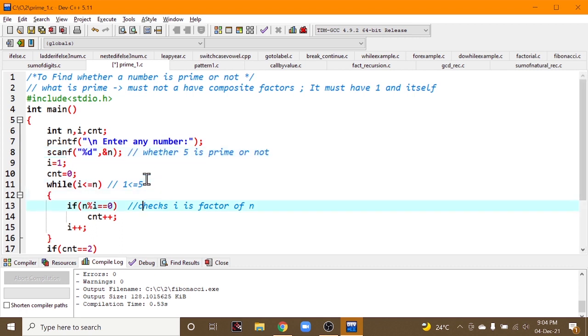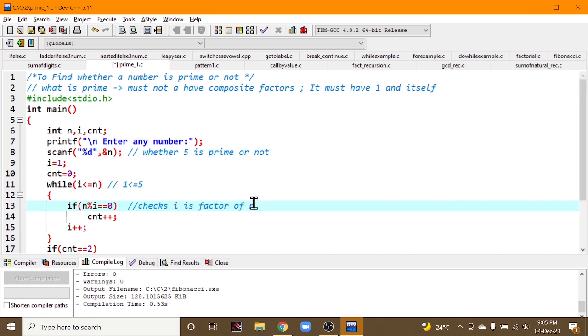Yes, it is true. So for each iteration of this number, for number 1 up to 5, if the remainder is 0, then increment the count. That means the iterating variable divides 5, or you can say the iterating variable is a factor of n.